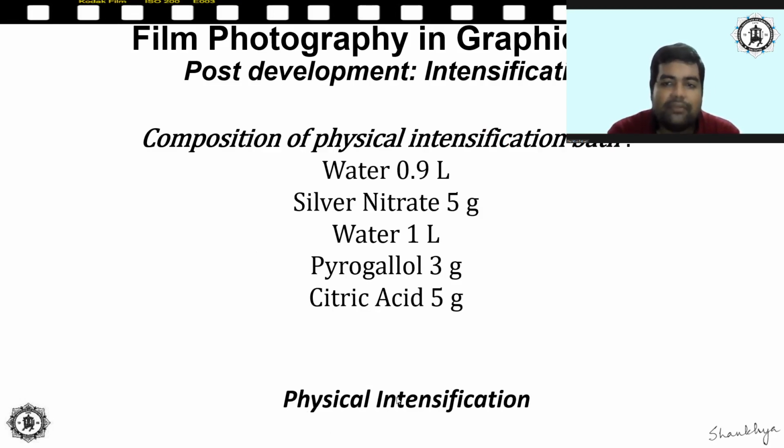And next we have another type of intensification, although it is not mentioned here, but I would like to highlight it. It's known as selenium intensification. A common intensifier here is selenium diluted in water in a 1:2 ratio. However, before intensification with selenium, the film has to be washed thoroughly in plain hypo so that no residual hardener is left. Hardener will cause staining in both film and paper once it comes in contact with selenium. So hardener also has that effect of staining, so that should be removed.